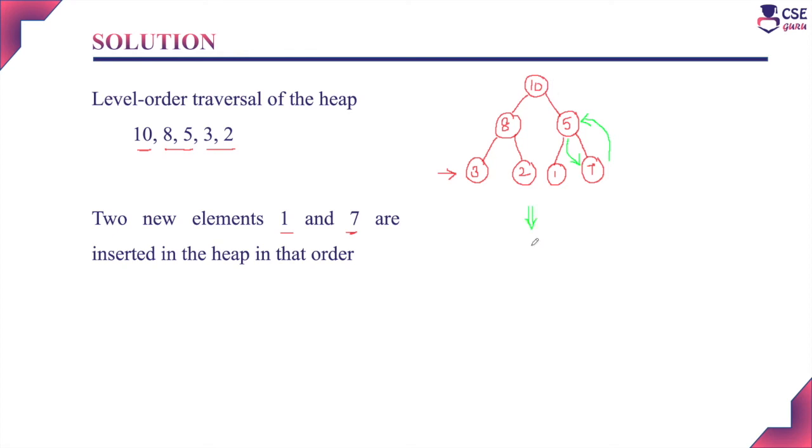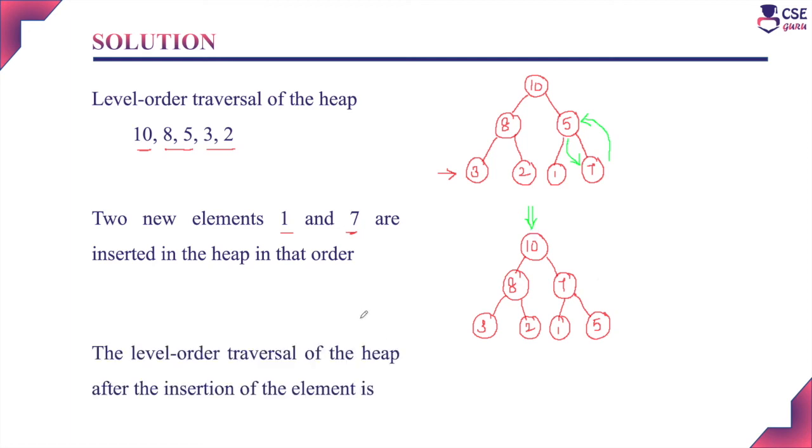So now we will exchange these two elements, that is 5 and 7, and afterwards we will check the max heap property. Root node is 10. 7 will occupy the right child of 10 now. Now you check the max heap property. So compared to the child nodes 8 and 7, 10 is the largest node. And compared to the child nodes 3 and 2, 8 is largest. Compared to the child nodes 1 and 5, 7 is the largest. So now it satisfies the max heap property.